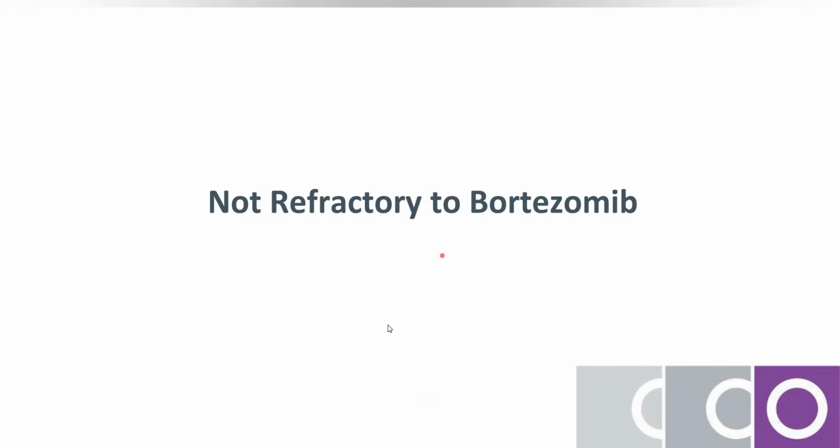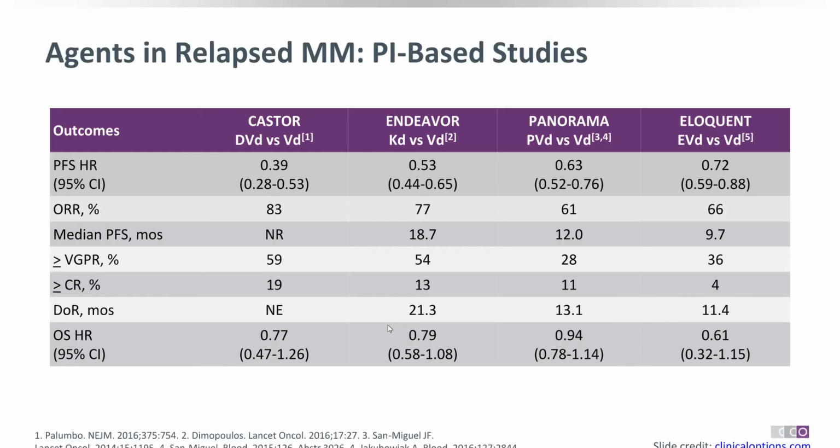So the first part is those patients who are not refractory to bortezomib. It means they were given only lenalidomide, or maybe they were given melphalan sometimes because it is very cheap. Thalidomide, Thaldexa. Thaldexa was an old regime we used around 10-12 years back. But nowadays thalidomide is practically out of question. But yeah, a poor patient can still use thalidomide.